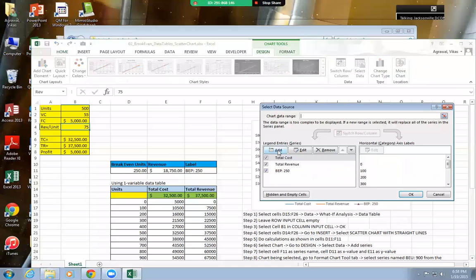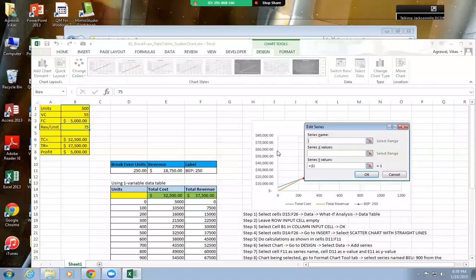I added a data series. So you click on add, and the name, you can just give it this one. And X value is going to be break-even point, and Y value you have to take this one out and say this one. That's the same thing I did, that's why I wasn't getting it.